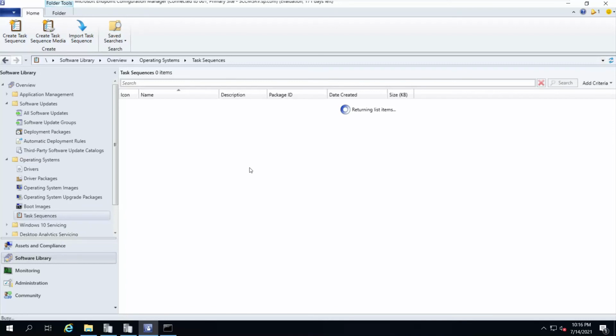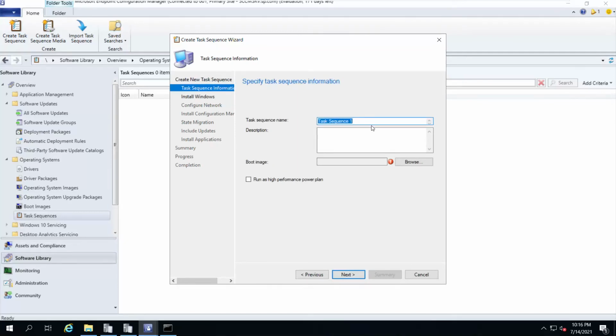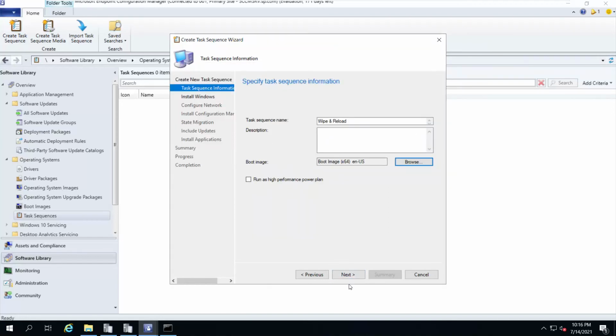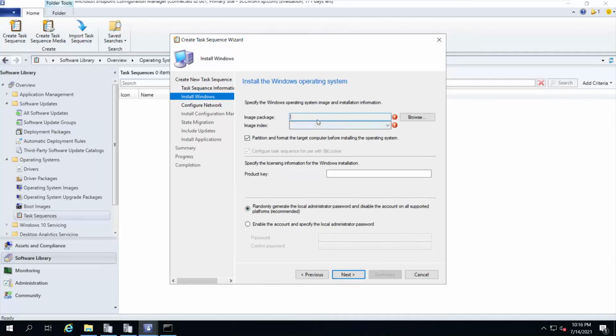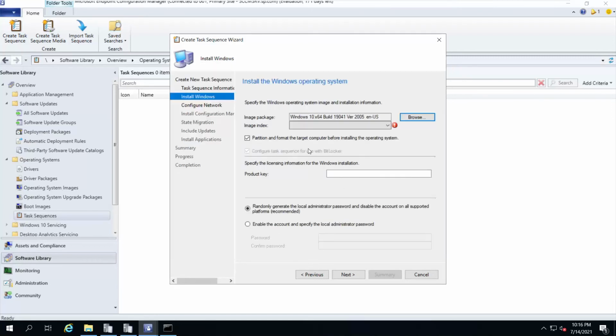Install an existing image package, wipe and reload. I'll select the boot image, x64. Next, image package. I'll browse, or if you have multiple image packages, you can select accordingly. I have only one, so I'm selecting the same.